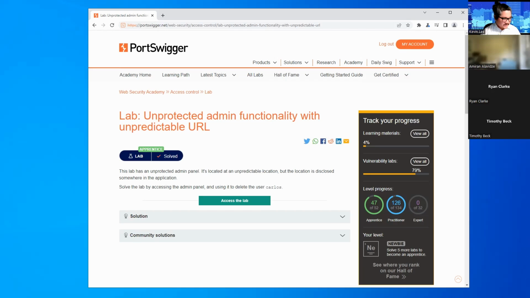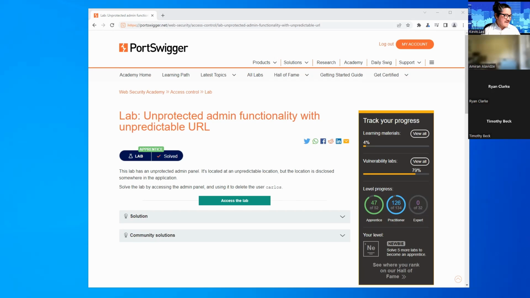Okay, so let's review what we're going to be doing in this next lab. So the lab instructions say that there is an unprotected admin panel in the lab application. The location of the admin panel, Alexandra, we want to make sure that Intercept is off.